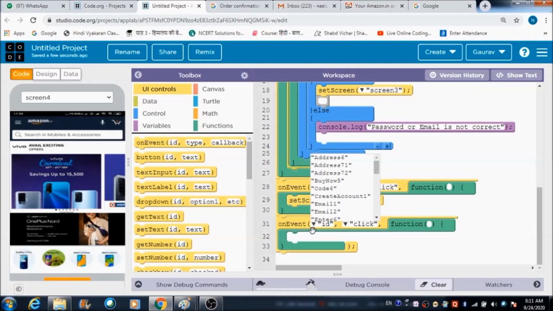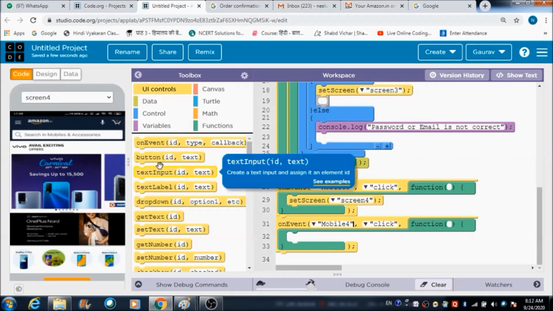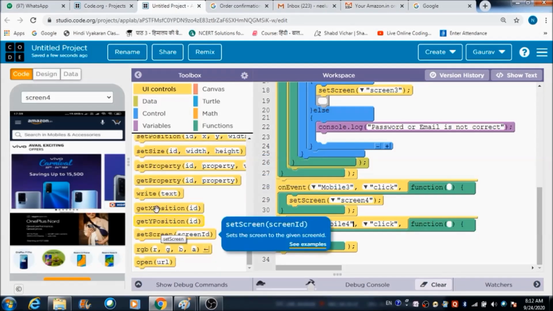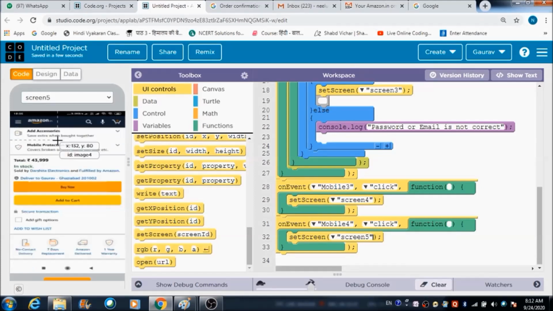So what is the idea of this? It is mobile phone. When the user will hit this image over here, I want him to get redirected to screen 5. See how simple it is. Now when he gets redirected to screen 5, he has got two options. This is the total amount he's going to get, and here when he will hit this buy now option,